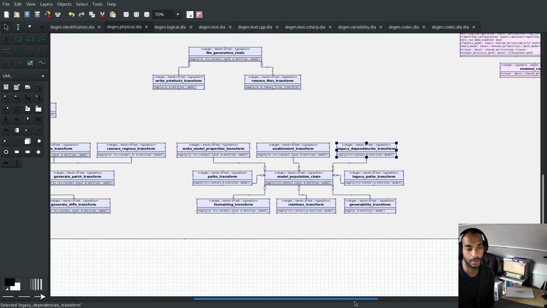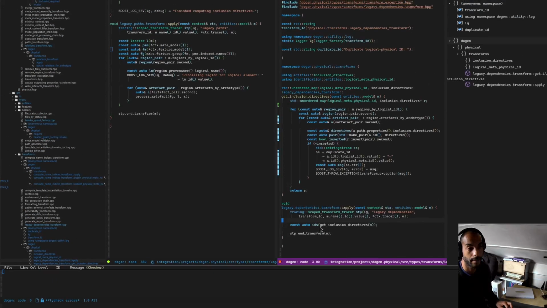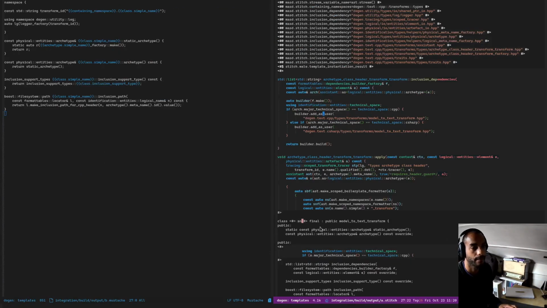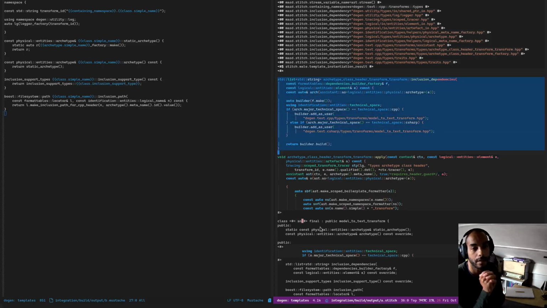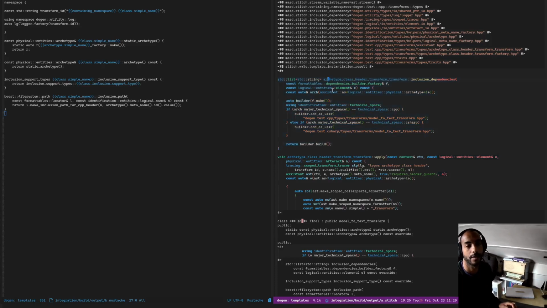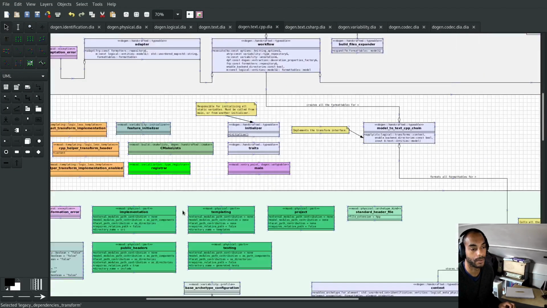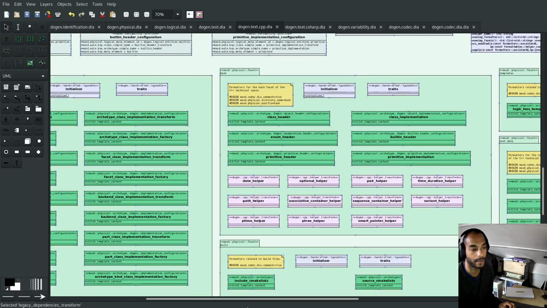Let's make this a bit more concrete, because you're probably wondering what I'm talking about. If I take a template, you see here, this is the inclusion dependencies population function. Each of these is associated with an archetype, such as this one here. Now, in this particular case, there is no need for the logical model, because it doesn't refer to a logical model. But if we take a more typical case, of which there are plenty,